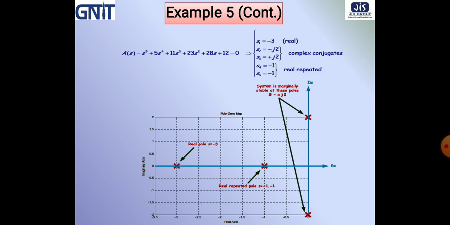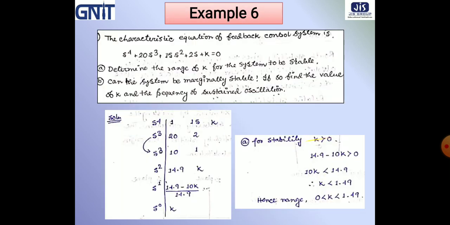And if there are no sign changes in the first column and all the elements of the first column have the same sign, okay, then the system is marginally stable. Okay, so this is one special case. And next, moving to our next example,